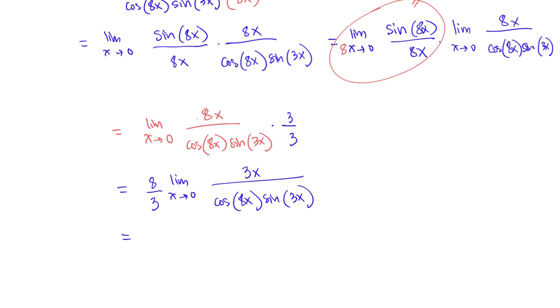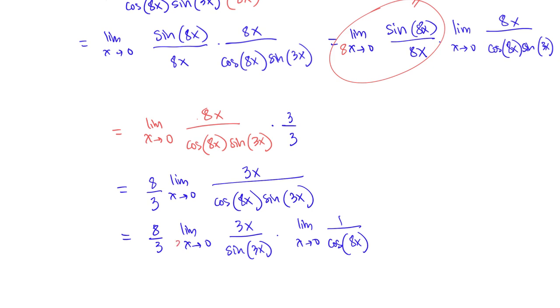We use the limit law again to separate the limit. The limit as x goes to 0 of 3x over sine of 3x times the limit as x goes to 0 of 1 over cosine of 8x. As x goes to 0, 3x also goes to 0, so we know that the limit is the reciprocal of sine of theta over theta, and so this is also 1. We end up with 8 over 3 times